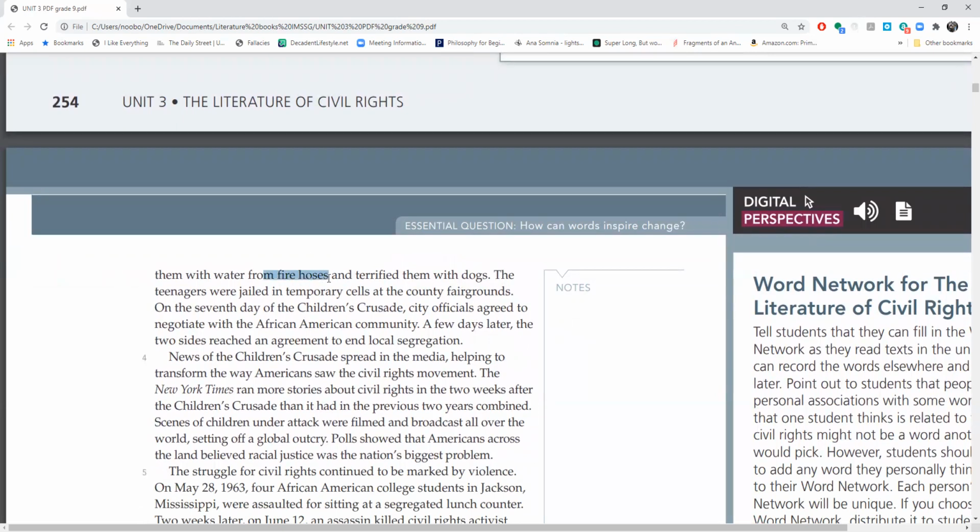They were shot with fire hoses. A fire hose is a very strong hose, like for shooting water at buildings. It shoots the water at so much pressure that if you shoot it at a person, you will knock the person down, and you might even break their skin and make them bleed and hurt them. They also used attack dogs on these protesters. These people were protesting peacefully, asking for rights to end segregation, and they were met with police shooting them with water and very seriously injuring people, and also attacking them with dogs, also very seriously injuring people. And they even arrested a few people and sent them to a jail cell.